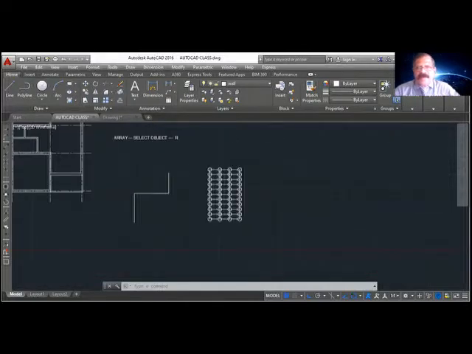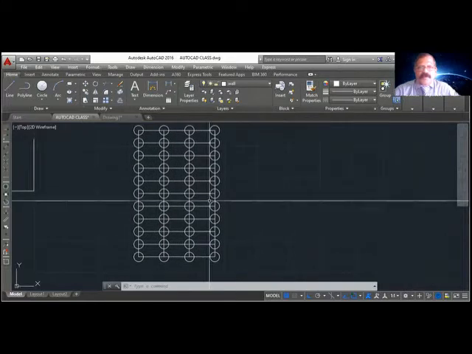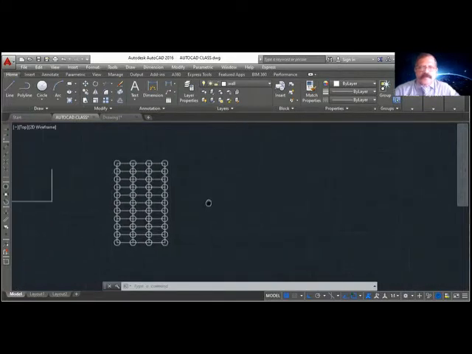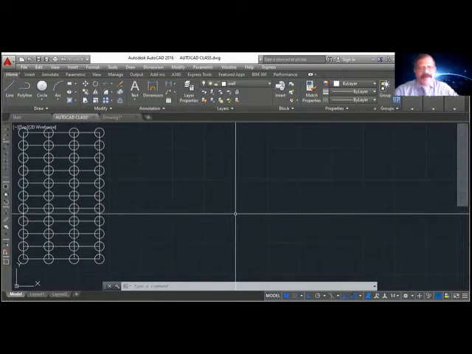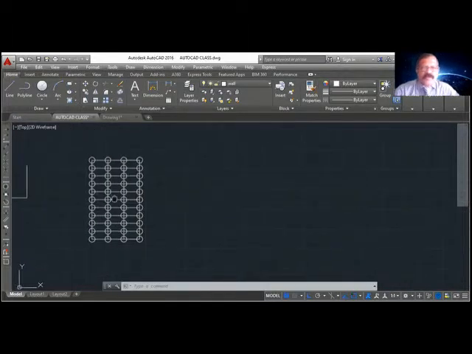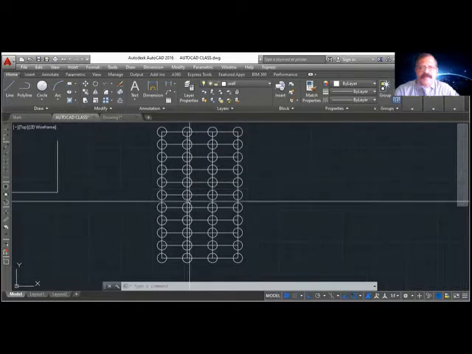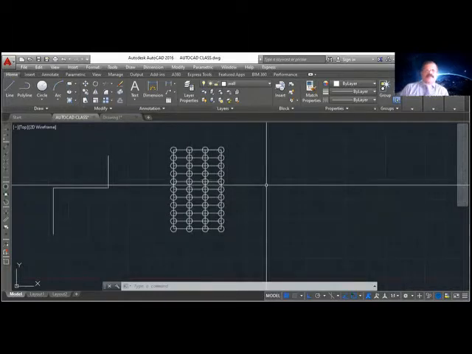Okay. So array, I think you are familiar, it's okay for you. Rectangular array is okay. Now we'll see polar array. Polar array is to make circular. So where will you use this rectangular array? Okay, the occasion is, suppose you are designing a theater, cinema theater or whatever theater, and you have one chair. You create only one chair, and it can be repeated using the array command. You can show how many columns you want, how many rows you want. Like that, you can use the rectangular array.